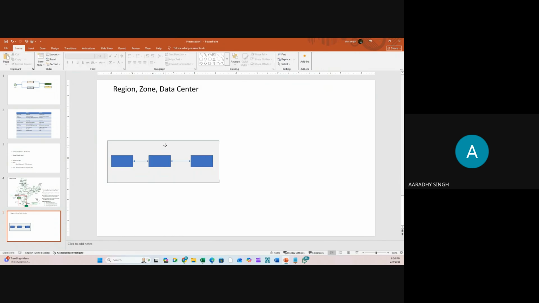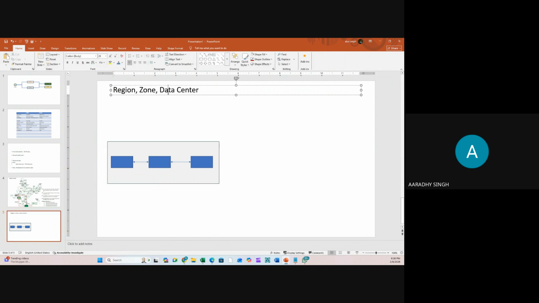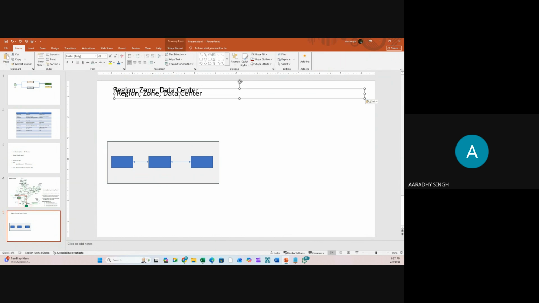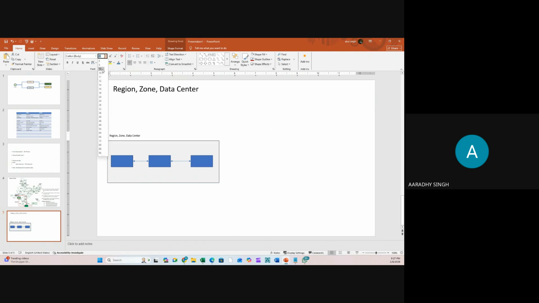Okay, what is this? The outer boundary is nothing, just a region. This is your region, and this type of region is called the type A region.